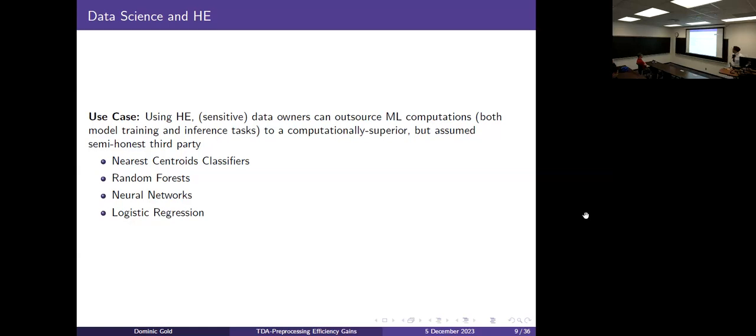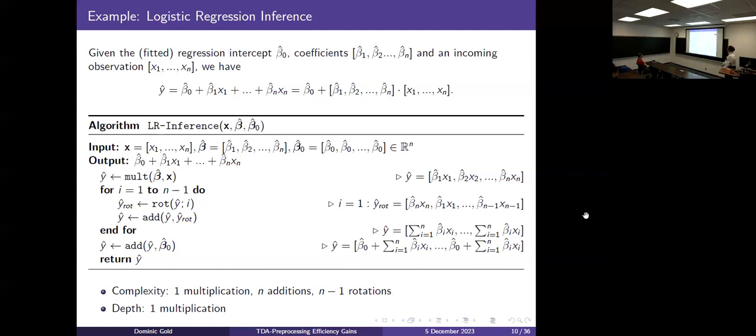So there's still a lot of work being done there, but I will say inference seems to be very well established among researchers. It checks out. Okay, so I want to give a brief example of exactly how we can think of one of those algorithms in an HE compatible sense. So I have logistic regression, right? And let's make it really simple, the inference task. Learning on logistic regression involves an iterative process that involves sigmoids and activation functions, and I don't really want to go through that. But inference makes a lot of sense.